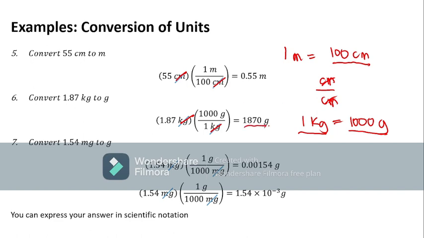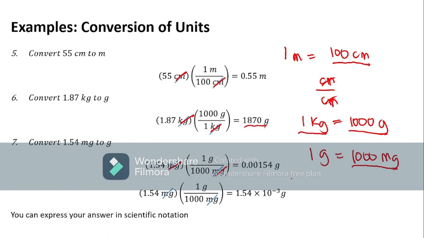Okay? Then next, convert 1.54 milligrams to grams. So, we have, remember, for every 1 gram, it's equivalent to 1,000 milligrams. So, the given is in terms of milligram. So, dapat, yung 1,000 milligram natin nasa denominator. So, cancel tong milligram tsaka to. Then, matitira sa ating unit in grams. This is the desired unit. So, 1.54 times 1 divided by 1,000, we will have